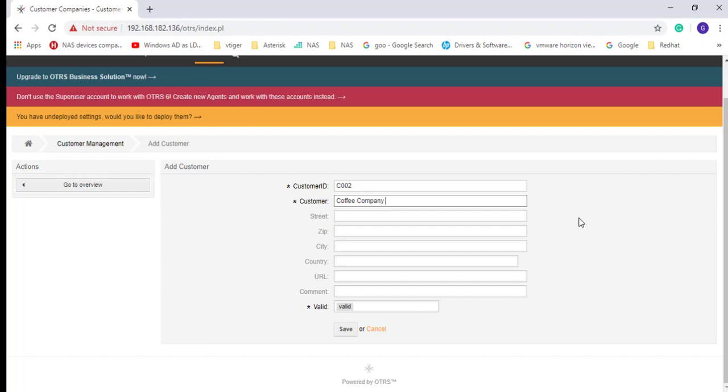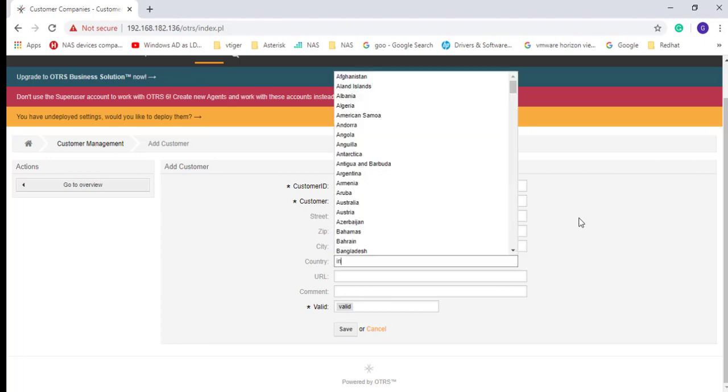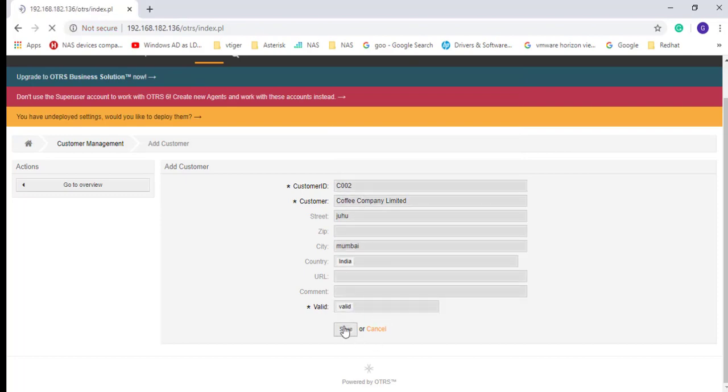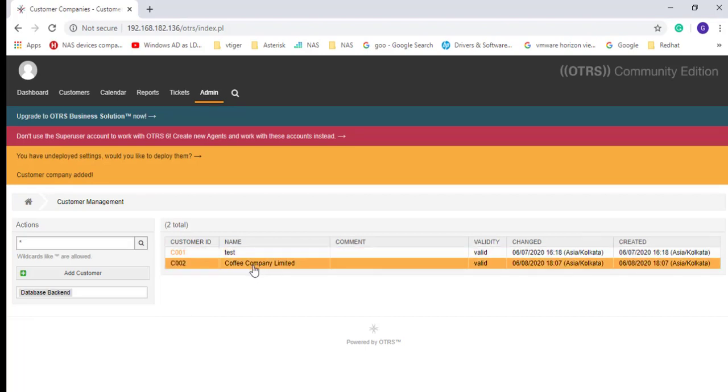Coffee company limited, street, Juhu, Mumbai. Okay, is there any specific URL for the company? You can give the comment, hit save. So we are done with the coffee company creation.